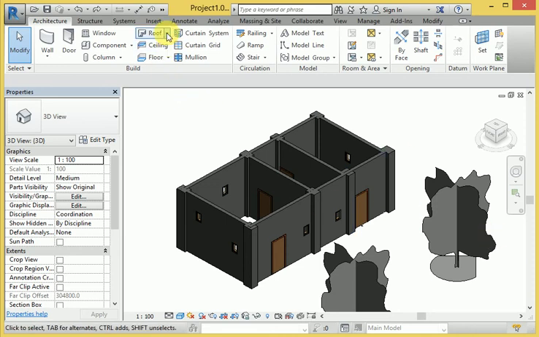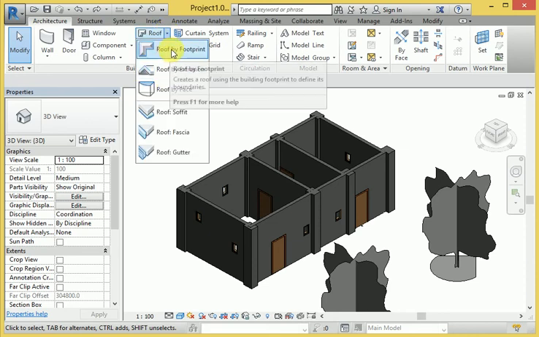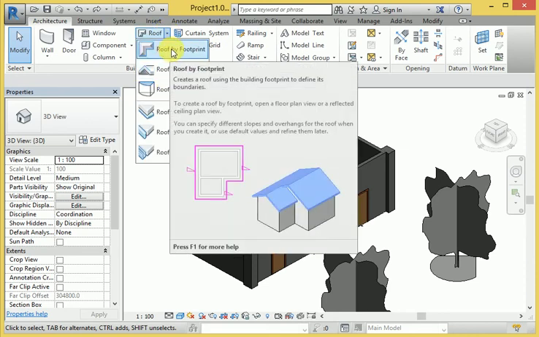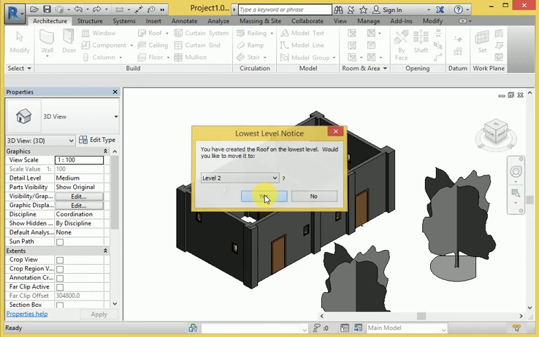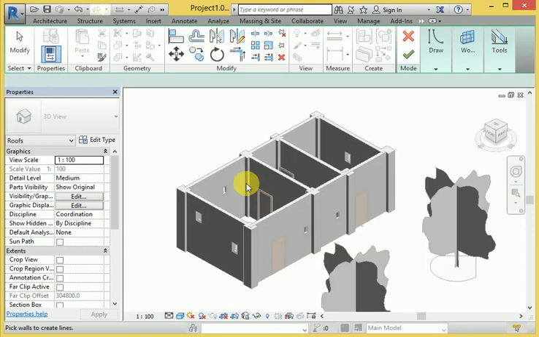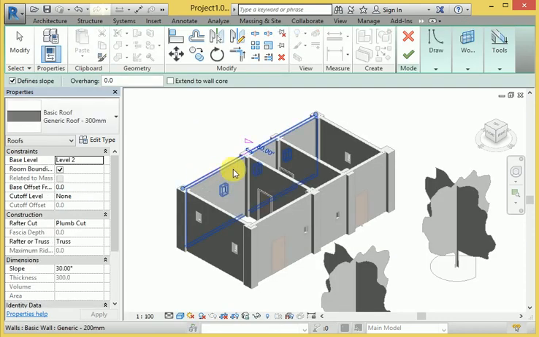So here you can see that this one enters here. I enter roof by footprint and go to the level here and select this line, and also select this line and this one and this one, and after that OK.